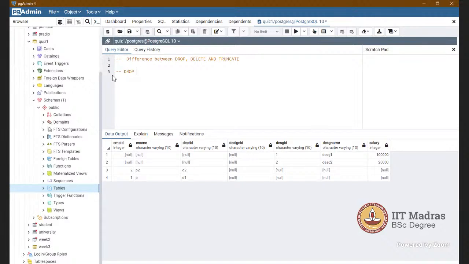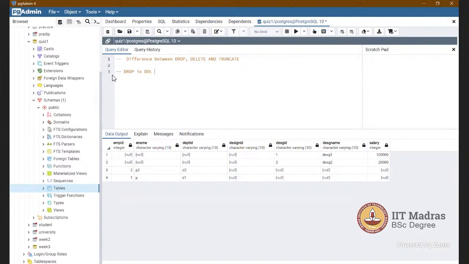Drop is a DDL command, and it works with tables, and delete is a DML command. Using drop, we can remove tables and also the database, and keys and constraints as well, like the primary key.